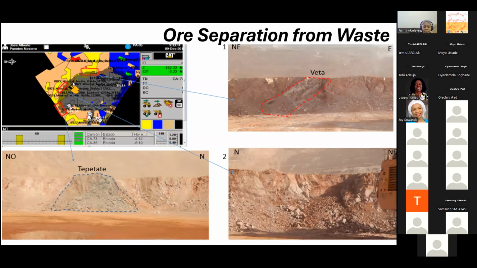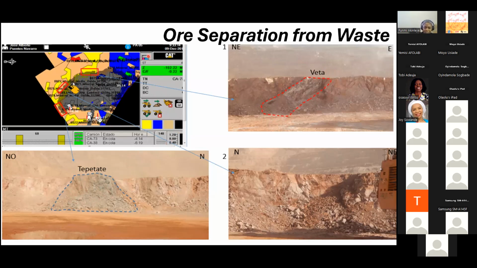This is ore as well here, and I confirmed that it's actually an ore, so it's good. This is ore. It's actually an ore. So on a daily basis, when they have doubts like that, we help them to identify and we can change the area that the material will be deposited in.